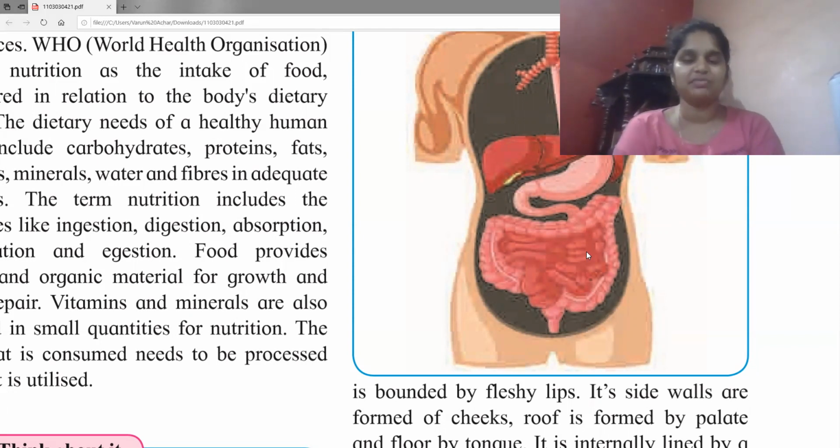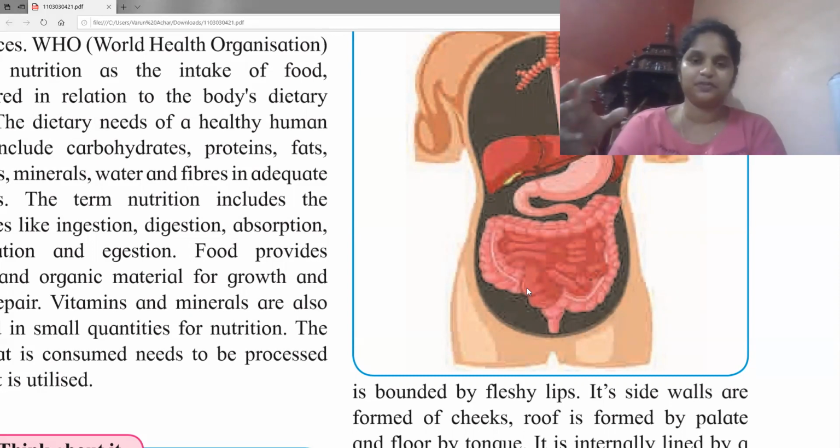So for 2.5 meters, you have the jejunum, and then the final coilings will be the ileum. The ileum is 3.5 meters long, and it is broader than your jejunum, and mostly whatever substance comes into the ileum is the waste material that you have. So we have duodenum, jejunum and ileum. So these are the 3 parts. Just as a priest chants a mantra, we will remember it like that: duodenum, jejunum, ileum. So these are the 3 parts of your small intestine.